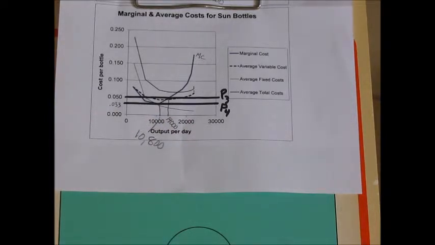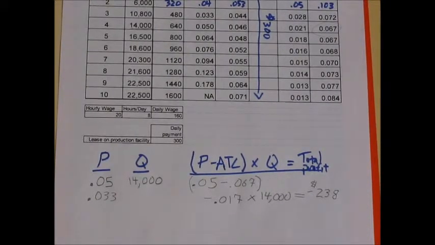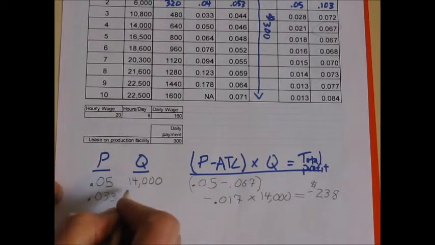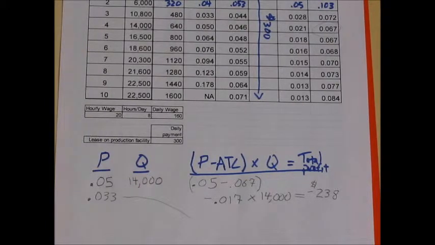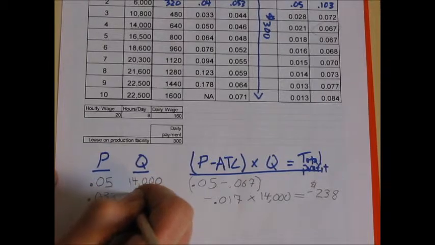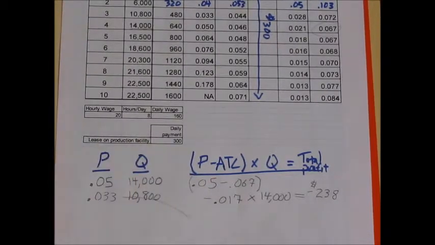But we might ask ourselves, what's life like at such a low price? And it turns out that life is plenty grim. So let's figure profitability here. If the price is 0.033 and we're producing 10,800 bottles a day,